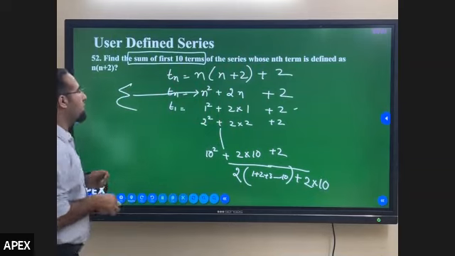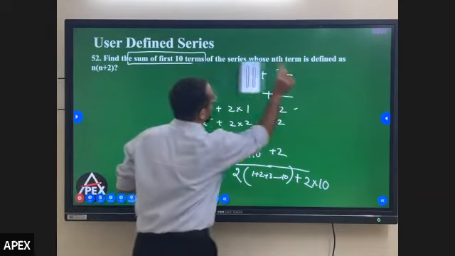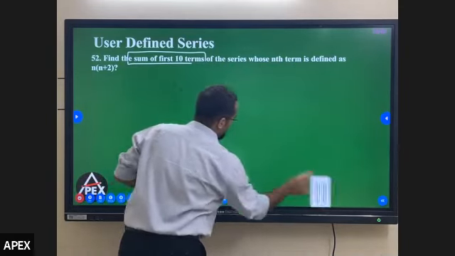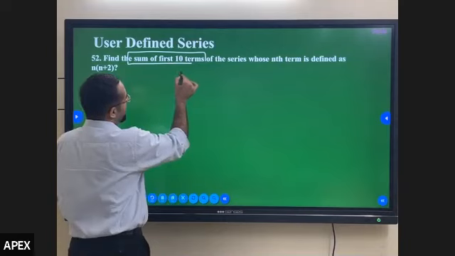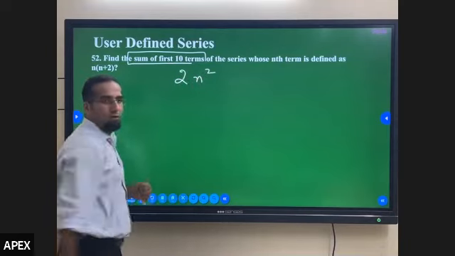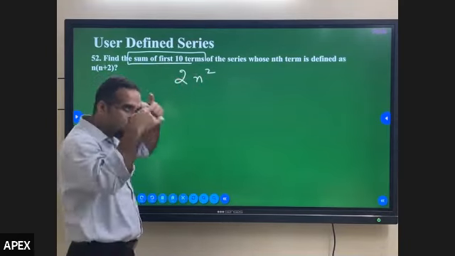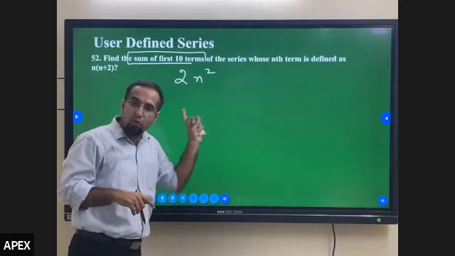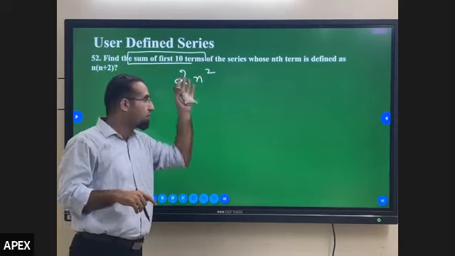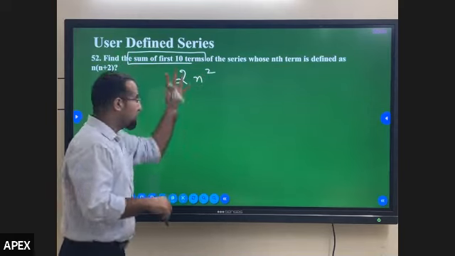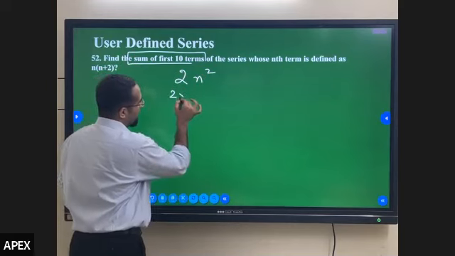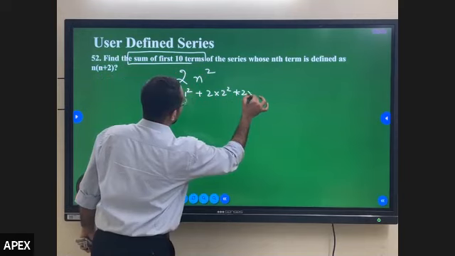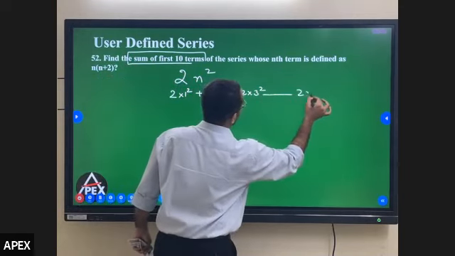Clear? So in short, whenever we are taking the summation of any algebraic expression or any series of this kind, I repeat, it can be anything. Here it is n square. Suppose I give you 2n square. The summation of this, you start visualizing, that's more important: 2 into 1 square, 2 into 2 square, 2 into 3 square, 2 into 4 square. If I'm adding all of them, it's 2 into 1 square plus 2 into 2 square, plus 2 into 3 square, and so on, up to 2 into n square.